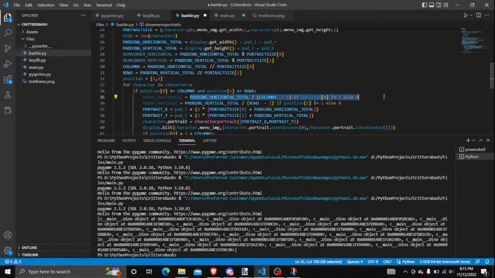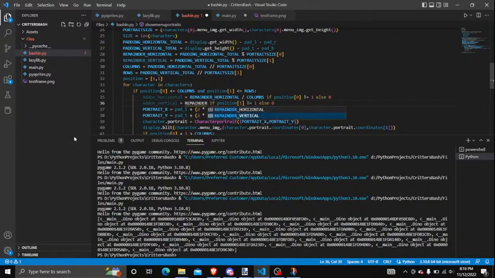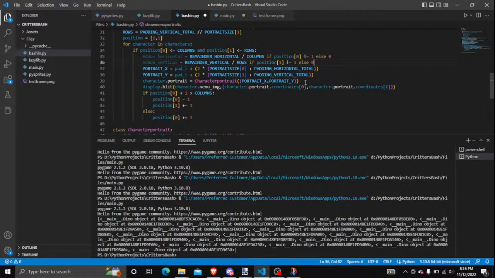The add-on would be, I would need to keep this if else, would be the remainder horizontal divided by number of columns, if it's not 0, else I don't want one. Then same thing here, divided by rows, then else 0. Don't know if this will fix it right away, but